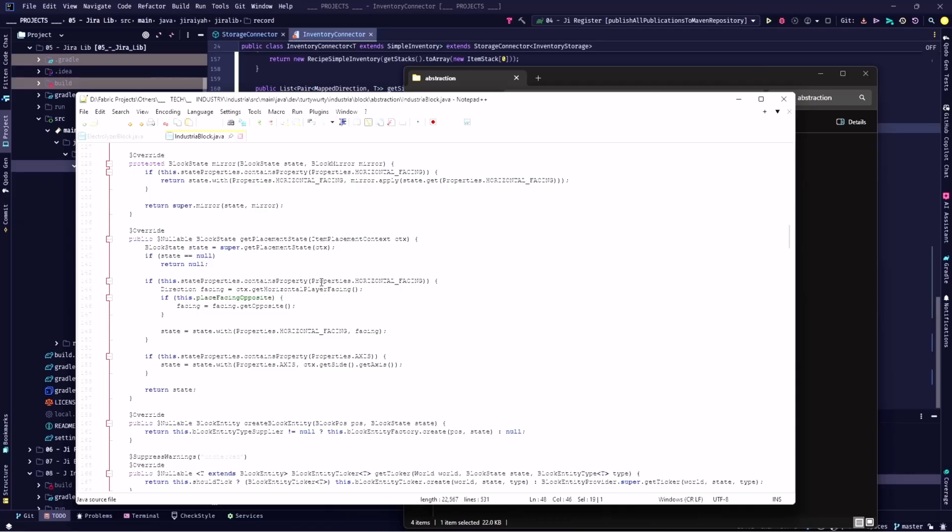But take a look. He says if it has a horizontal facing, then he gets the horizontal player facing, and he checks if it should be opposite, then he will change the facing to the opposite. He will set the horizontal facing. Then he says that the state properties contains the property axis instead of the horizontal. Then he's just using the axis, and that's it. So he did combine my two different abstract classes, one for being the horizontal facing and one for being the facing, into a single use case, and he defines that block property in such a way that he can handle